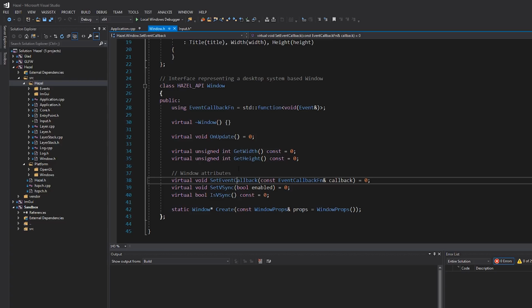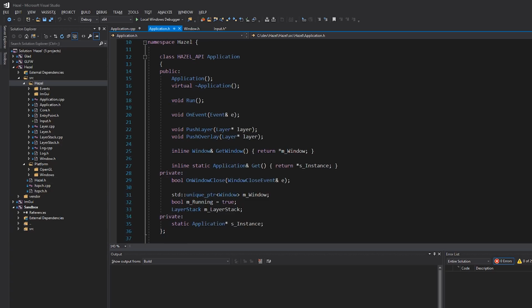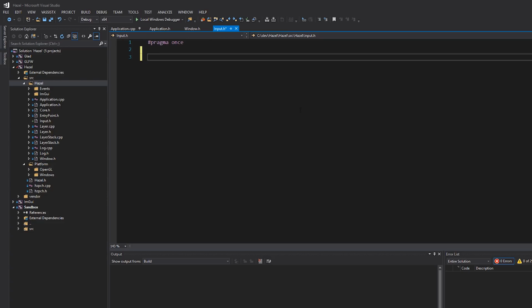Now, the separate windows thing is interesting because, again, I didn't want to make window completely static. It is right now though, because if you look at application, an application is static. You have one application per Hazel, that obviously has a single window. So right now you can only have one window. So whether or not window is static doesn't matter at this point, but input for now at least will be